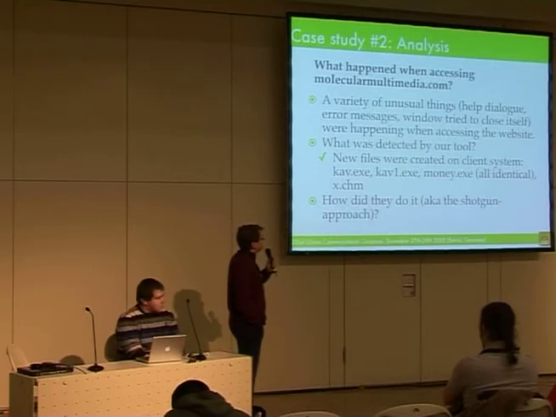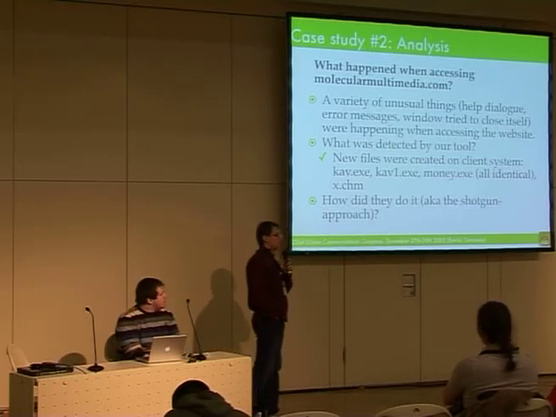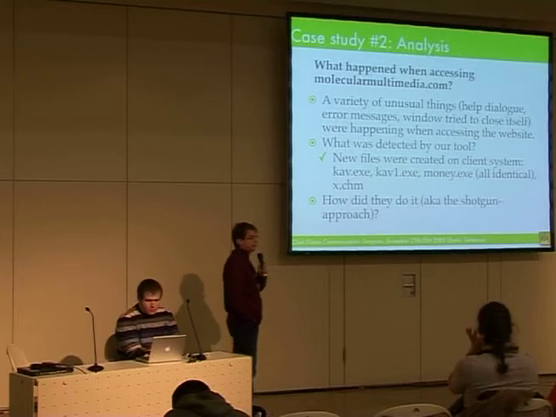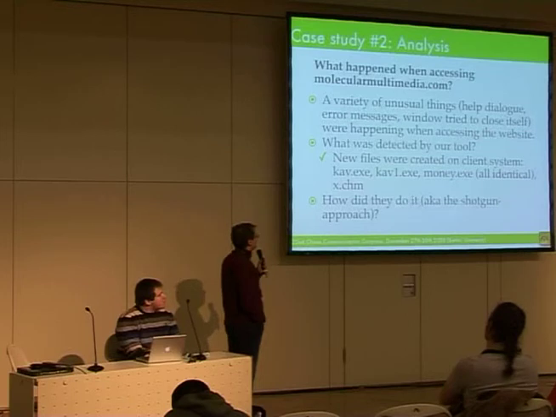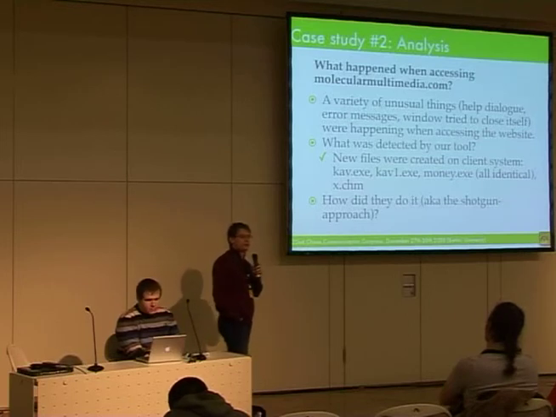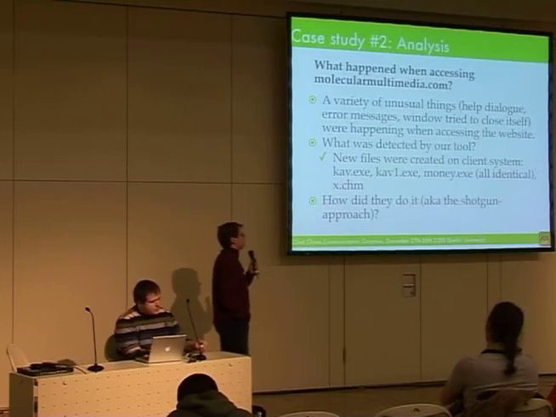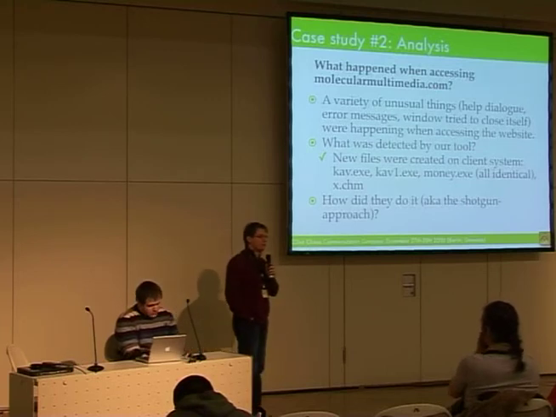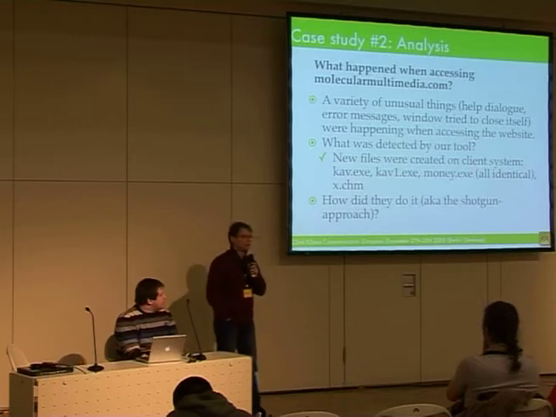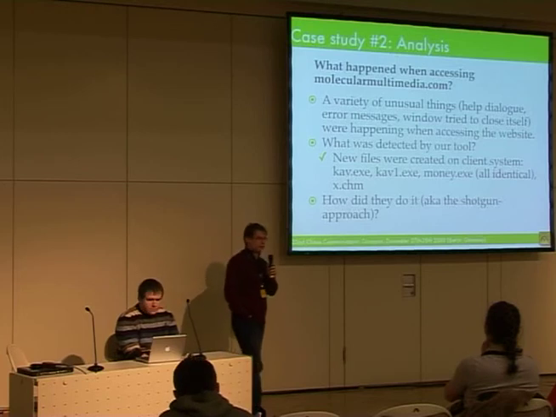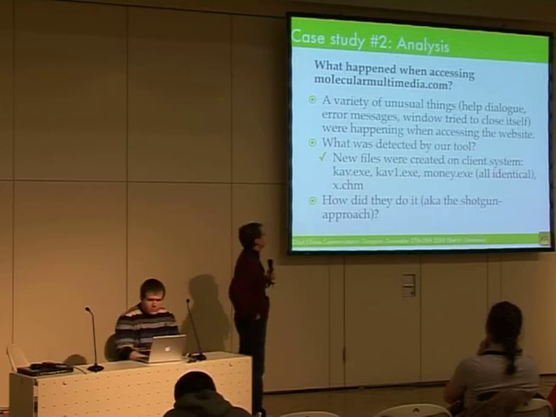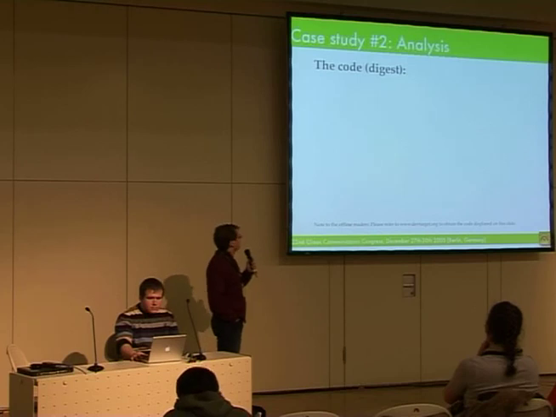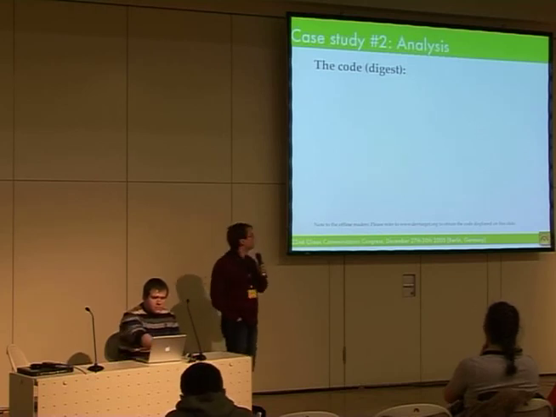What was interesting is that after looking at those 4 files, 3 of them were identical. And then, of course, you might start to think, why do you have 3 times the same file? And you might think that this is a shotgun approach. So the site probably has 3 different exploits and hopes that one of them can get to the user. Okay, so can you please open the code? We have